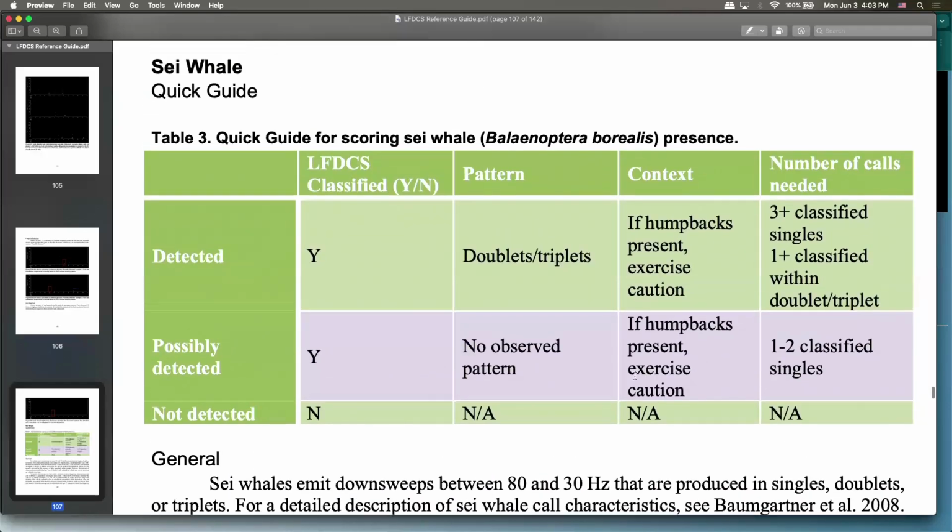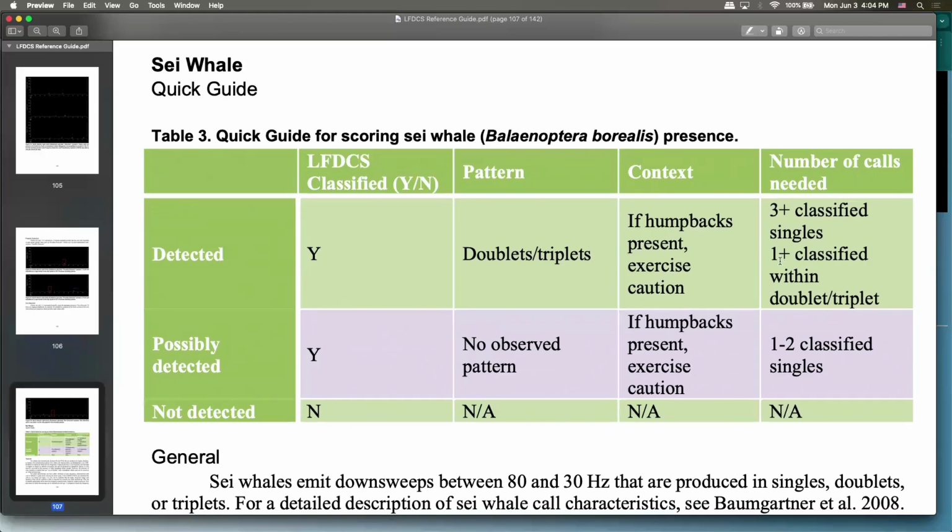So, okay, say whales, same thing, we have our quick guide here, you read it the same way. So if we're detected, yes, we need classifications. For say whales, we look for those very characteristic doublets. Sometimes they'll do triplets or quadruplets. And then context, you do want to be aware if there's a humpback around and singing, to exercise caution. Humpbacks can create doublets, but they're usually very repetitive, and say whales are kind of like North Atlantic right whales, where they're more sporadic. They're going to just pop up randomly. They can also produce single down sweeps, which